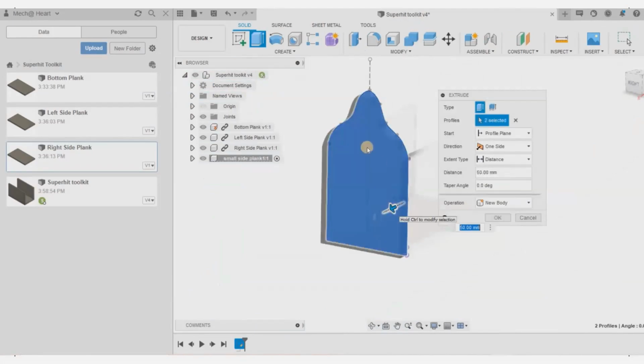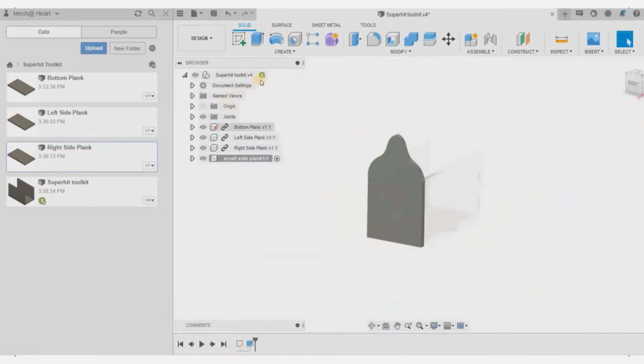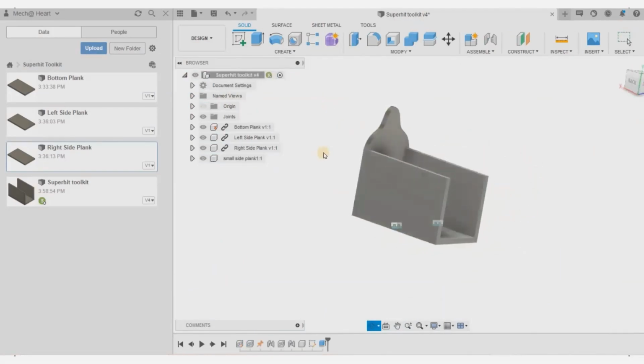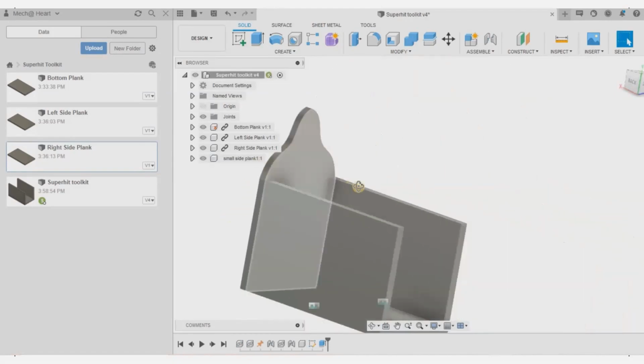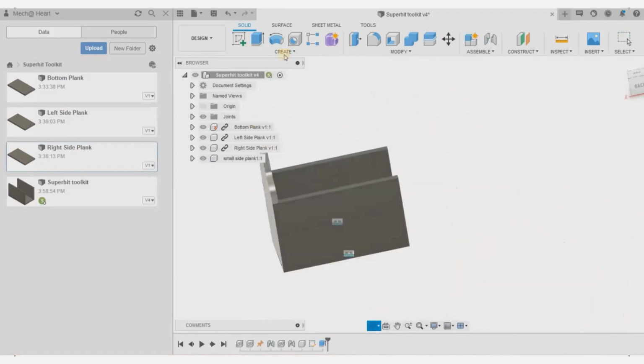Right, so now you can see I'm able to extrude it, and my panel is ready. It looks exactly like how I had created it independently, and then I have brought it here. I'm not looking at assembling it right now because we will not be able to cover everything. So in the same way, I can create the other part also.